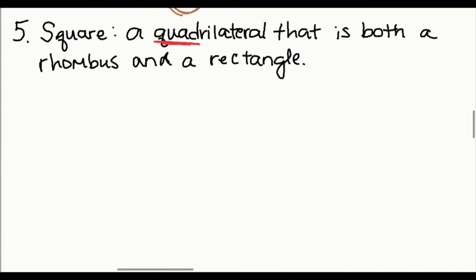So, your square is going to have a few different